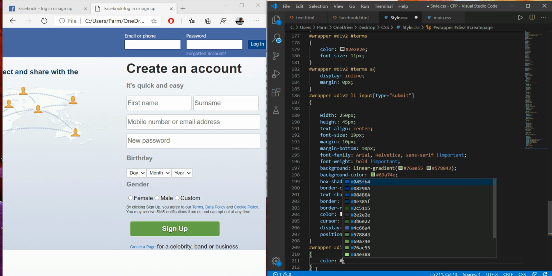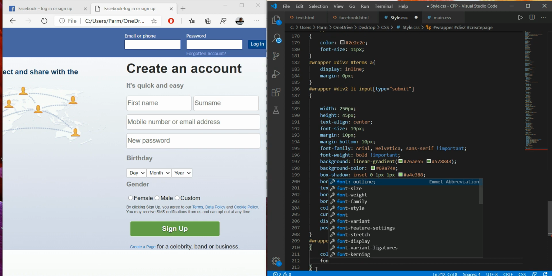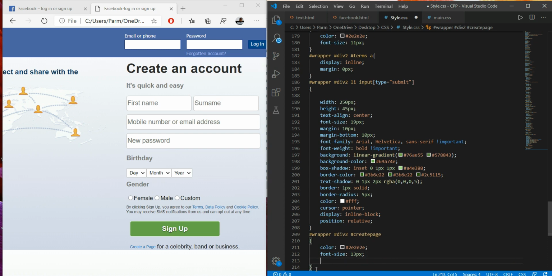Hash, this color I set over here, and then I have to set font size around 13 pixel, and it's in bold, so font weight, here we go with bold.